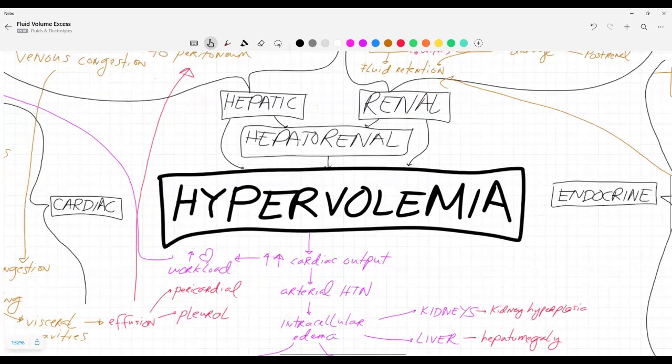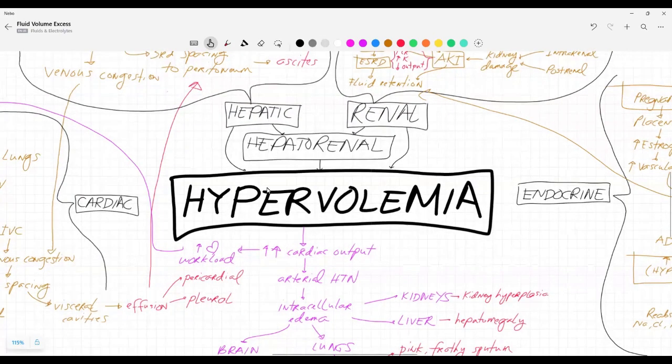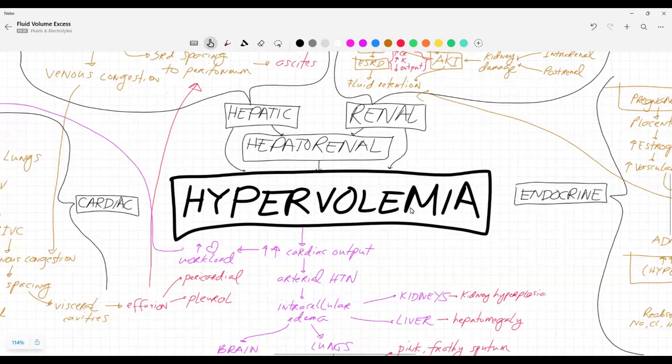So I'm starting with possible causes of hypervolemia. First of all, let's define hypervolemia. It is an excessive amount of fluid in the blood vessel. So when we're thinking of different conditions that might cause an excessive amount of fluid in the blood vessels, what I've done is I've kind of divided it between the main systems that may contribute to an increase in volume